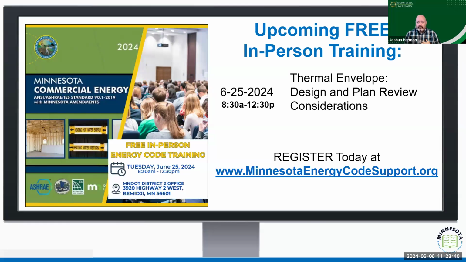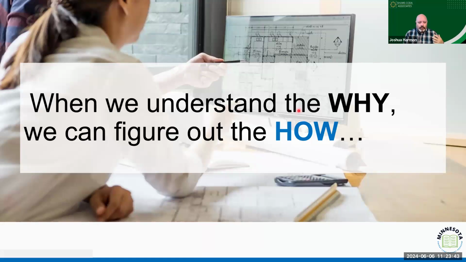Again, I think the critical thing for us to understand is that when we have fully understood the concept of why we exist and why we're looking at these different concepts, then we can figure out the how. More importantly, when we think about it from the design perspective, that inherent flexibility is critical for us to understand how inspections go in the field, right? If I understand the rationale, we use this example when we talk about building thermal envelope. It's one of those things that we really kind of underappreciate at times.